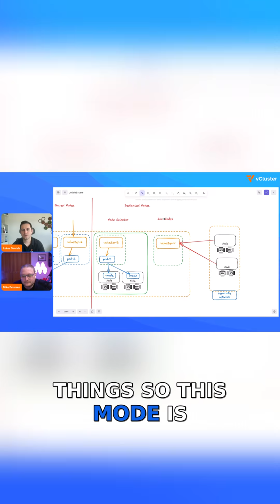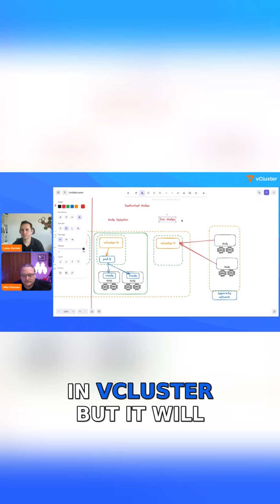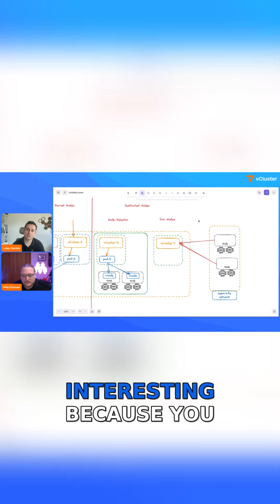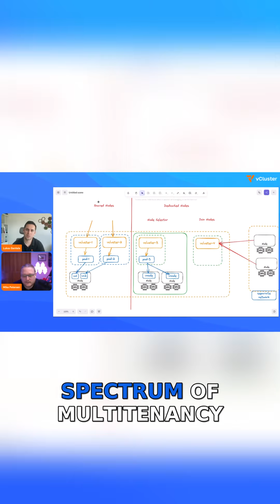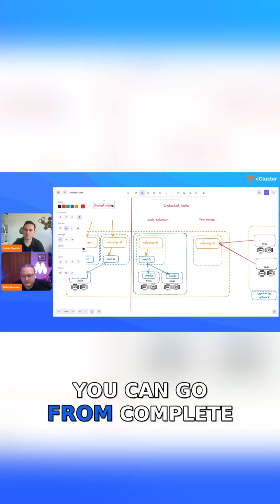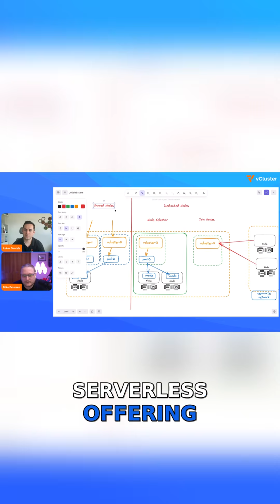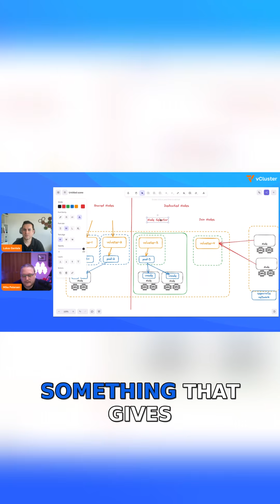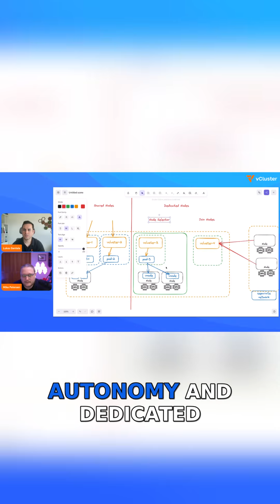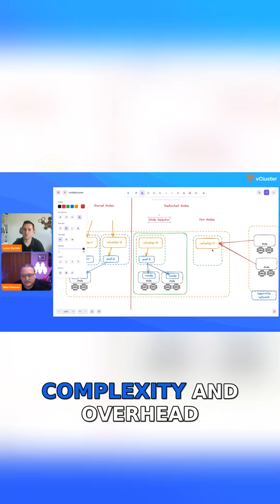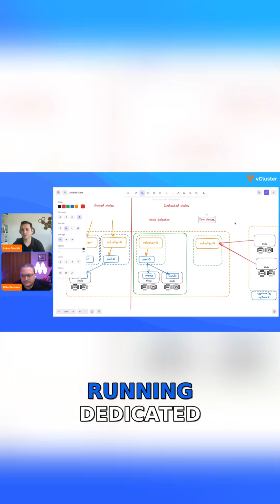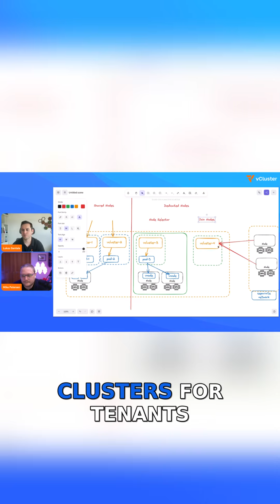So this mode is currently not available in vCluster, but it will be available in just a couple of weeks from now. And that's very interesting because you can have an entire spectrum of multi-tenancy. You can go from complete serverless offering, something like ECS, to something that gives your tenants more autonomy and dedicated nodes, but without the complexity and overhead of managing an entirely separate cluster, to running dedicated clusters for tenants with